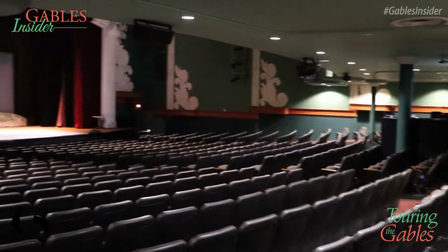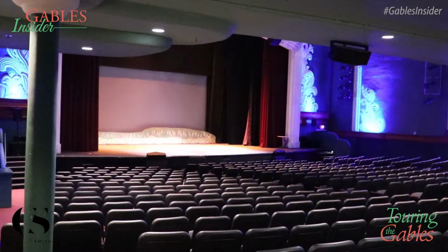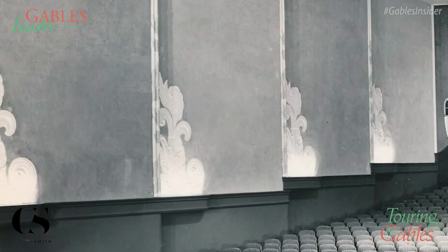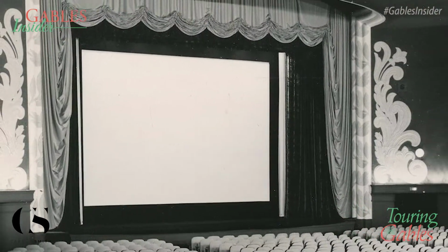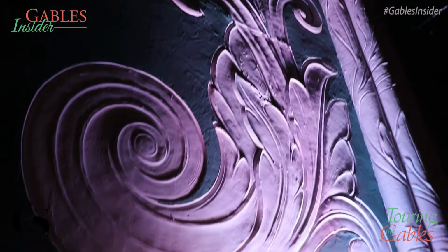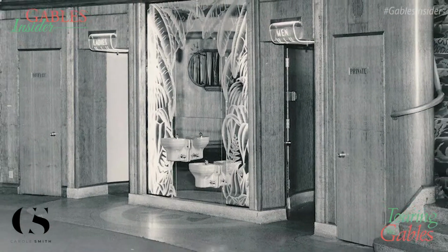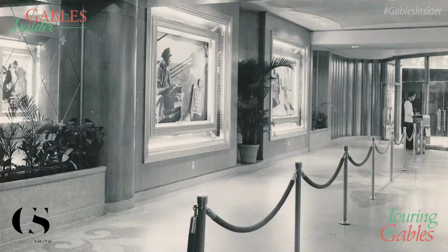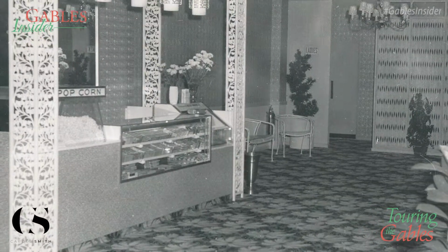All the proscenium arch, we actually duplicated that when we converted it into a performing arts center, but all the artifacts on the walls and the reliefs and the ceiling, the magnificent structure of the ceiling is all completely historic in this theater. The coves with the lighting, we were able to save, and not only save, to find, because this auditorium was converted in 1980 into a duplex movie house. So when we came in to renovate the theater in 1995, we had to do as much demolition as building